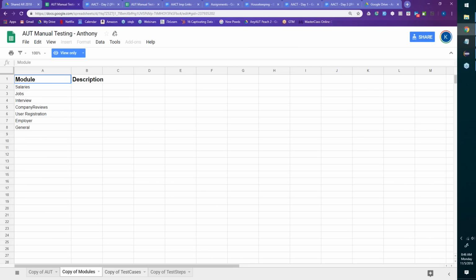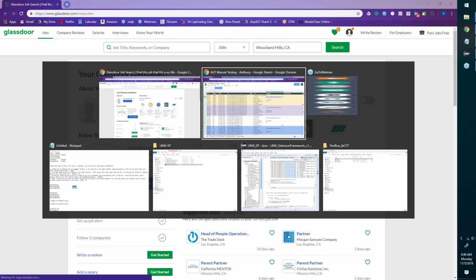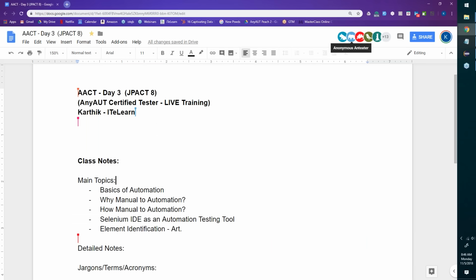Let us observe this as a manual process. What did I tell you, team? We have to be able to look at this application, switch between the steps, perform each and everything manually, and put the results back here. So my major challenge that I have, what is there? Human driven, well documented. I'll not talk about that. Why are we trying to move from manual to automation, team? Let's look at it.